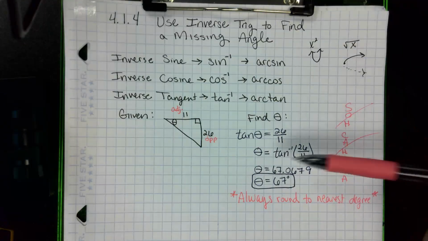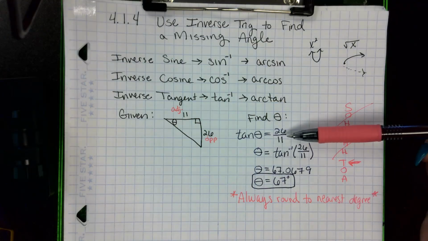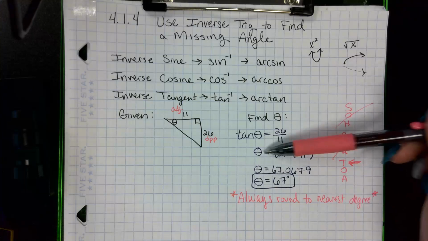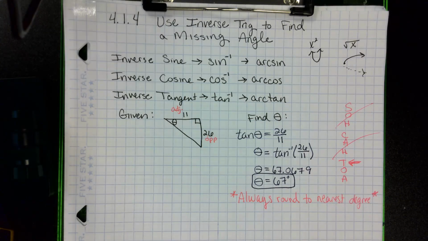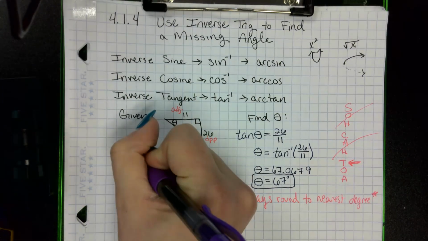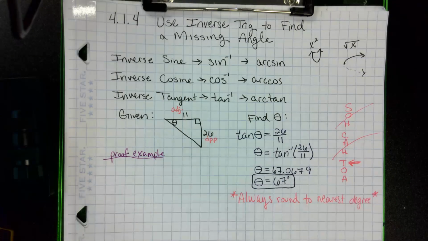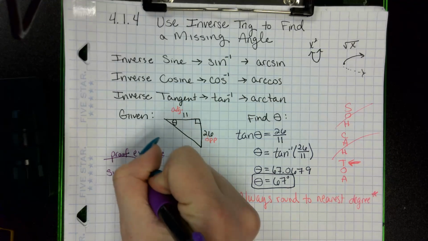So the reason I can just do the shortcut method here, where if I have tangent theta equals a ratio of sides, and I know I want theta, I can just jump to theta equals the inverse tangent. So if I do an example of that, so we'll just call this a proof example. It's not exactly a proof, but close enough. Proof example. So this is just a made-up thing. So if I had sine of theta equals 2/3,